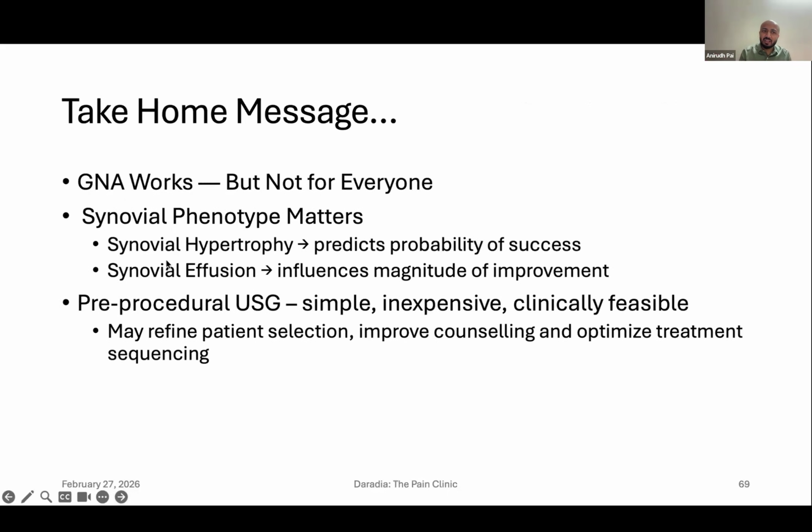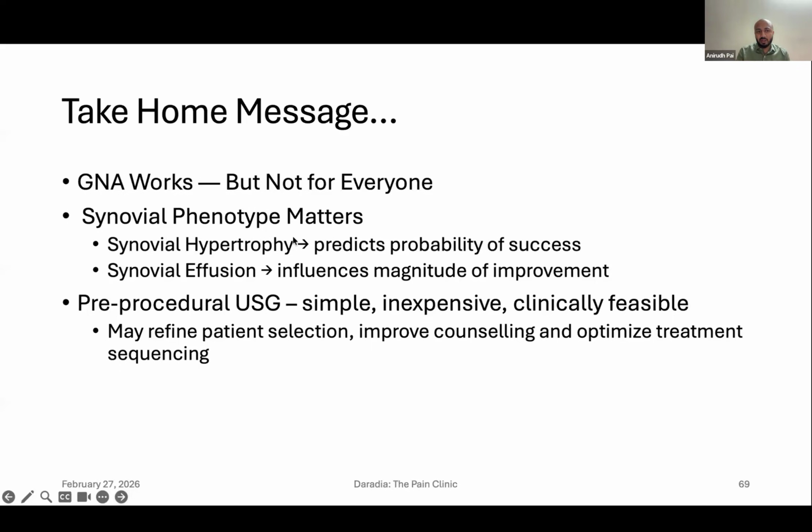So, take-home message: genicular nerve ablation works, but not for everyone. Genicular nerve ablation provides short-term pain and functional benefit in osteoarthritis of the knee. However, the treatment response remains at 40 to 70% as of now. And synovial phenotype matters. Synovial hypertrophy predicts the probability of success, and effusion influences